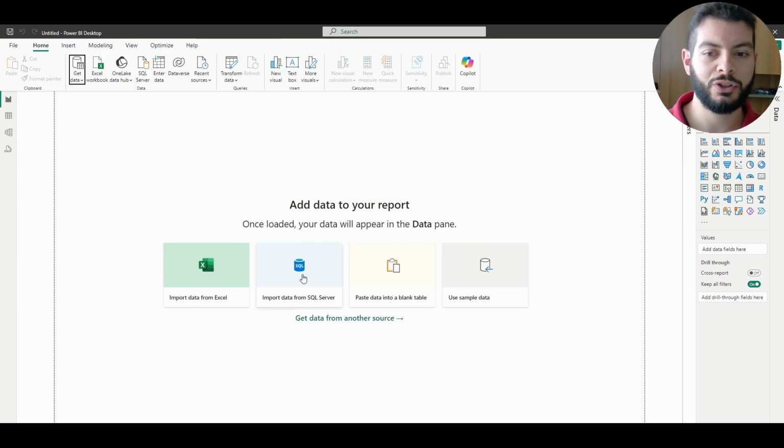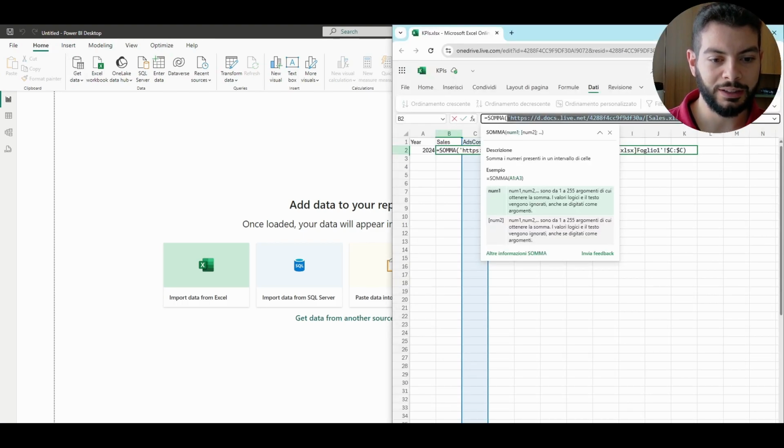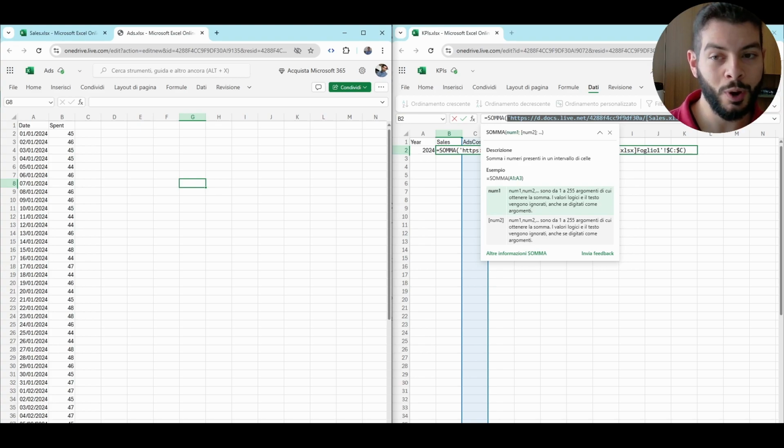Notice that, of course, the online workbook won't give you problems when tidy in such a way and small, but it can become a problem if you have a workbook that consists of 30 or more megabytes.